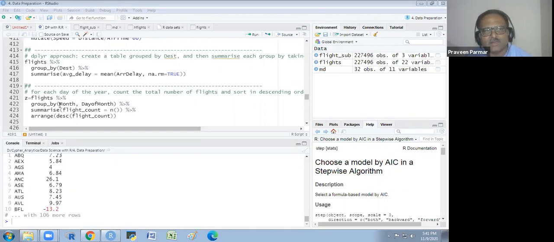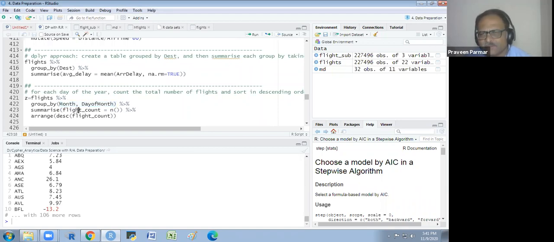So we group by it on a daily basis. We have one column for the month and one column for the day of month. So we combine them when we group by it. That is the month and day of month. So that is the group by we do. Got it?